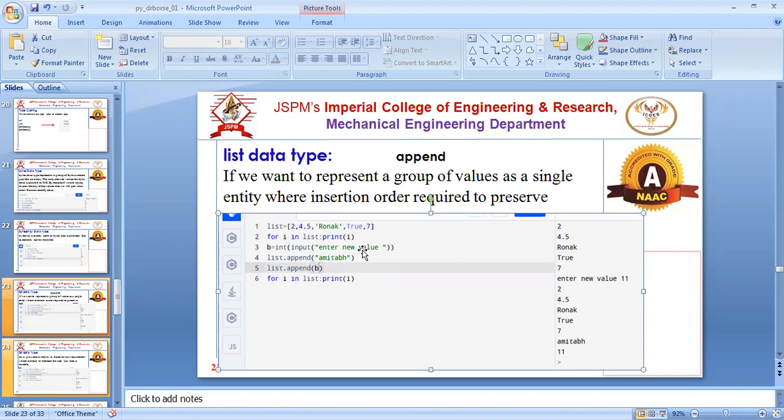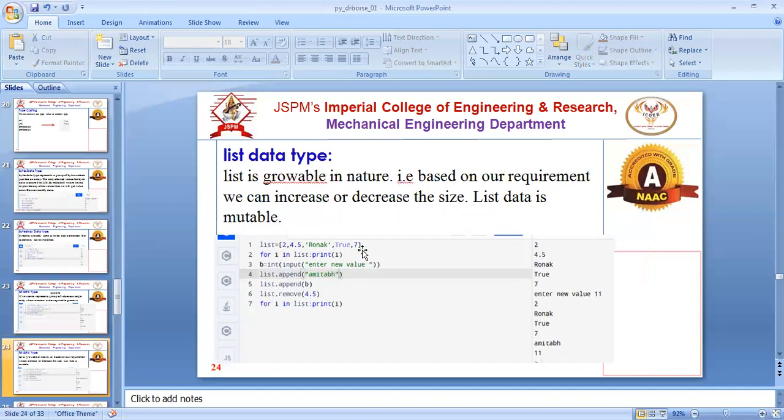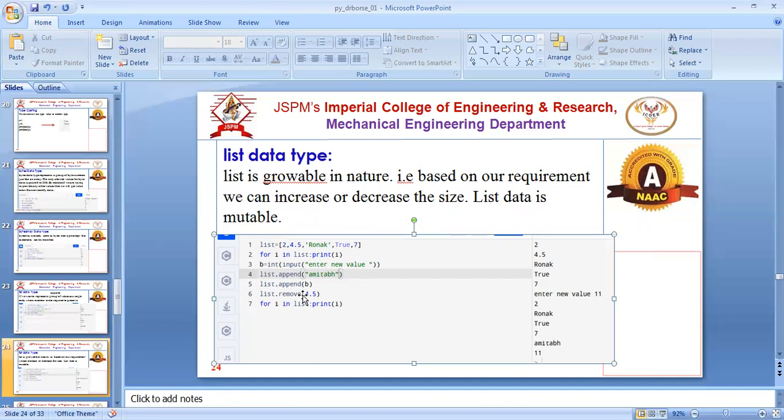So in this way, the list data type is there, which can contain numbers, strings, logical values, or it can be anything. So the list data type is very, very important. Like append, we can also remove. The only thing is that you should know the list in prior, and then we can also